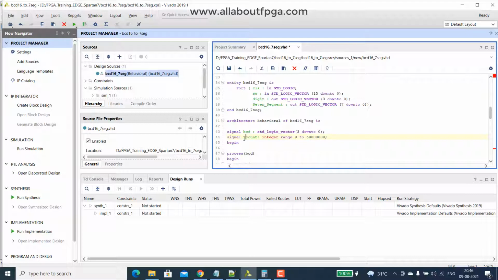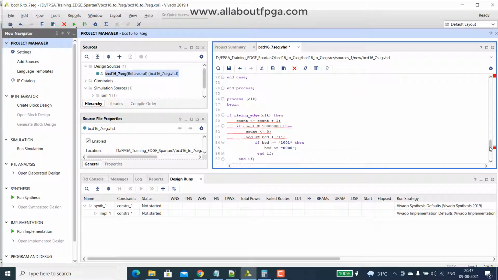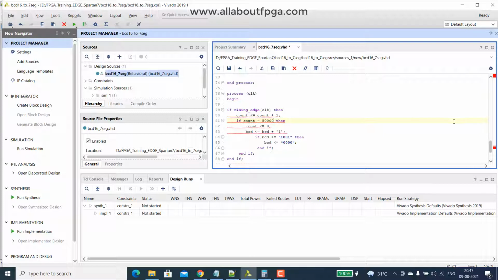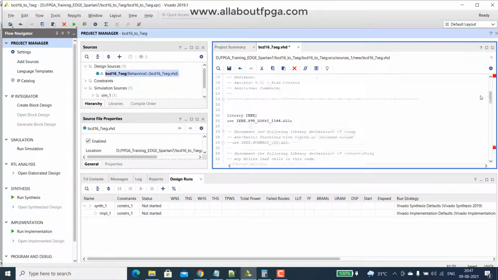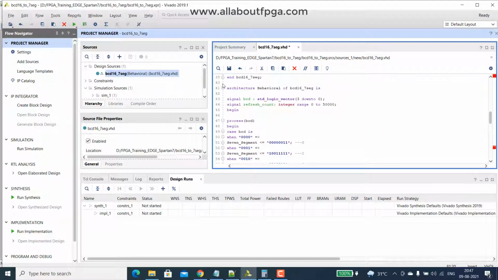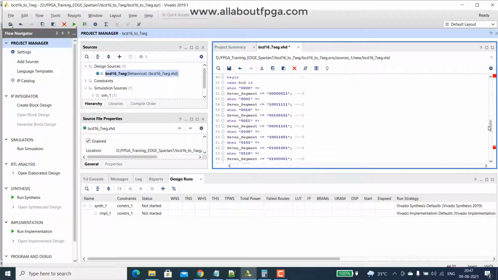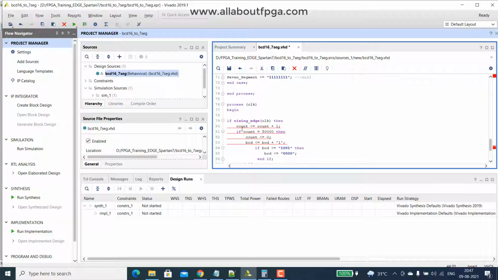But we want to name it refresh underscore count and make it 50 into 10 power 3. This will give us a counting range of 1 millisecond. Whenever it reaches 50 into 10 power 3, the count will reach 1 millisecond. So we want to achieve a refresh rate of 1 millisecond to 16 milliseconds.